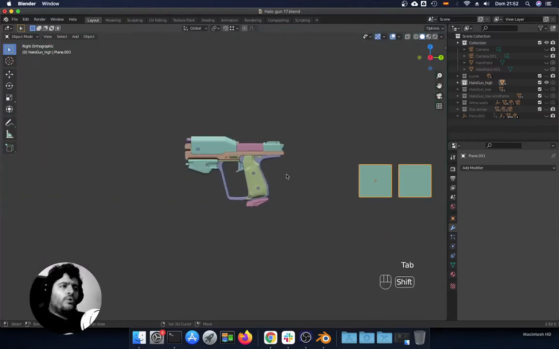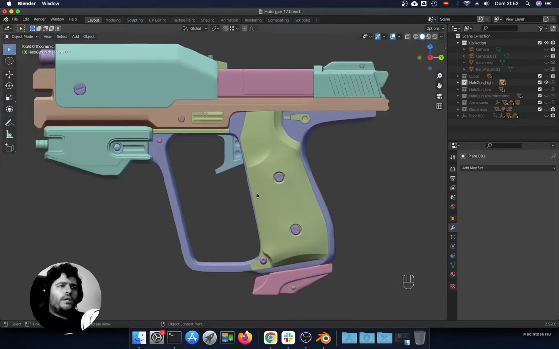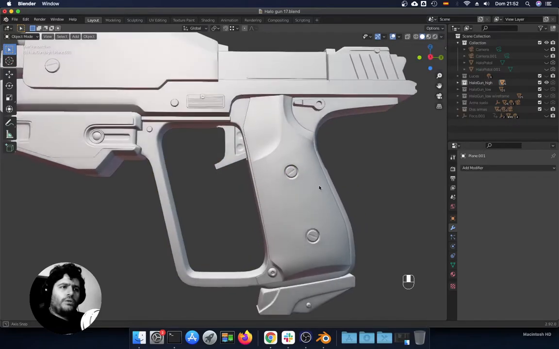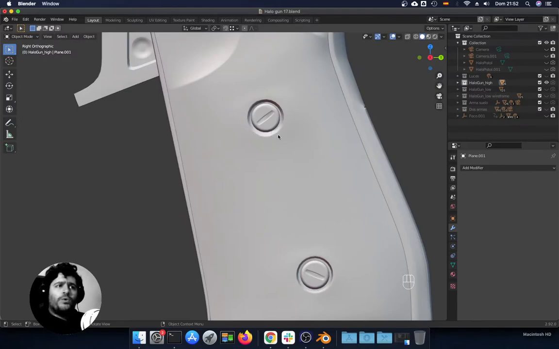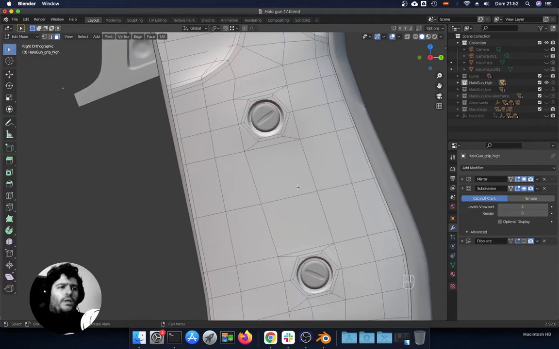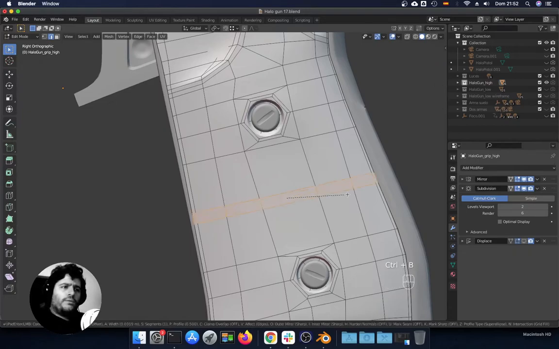So I'm going to show you now with this example, with this gun, because I have a similar situation here. Suppose you need to create another hole between these two bolts. So select the object, go to edit mode, and I'm going to select this edge loop with Alt and click, and I'm going to create a bevel so we can get more edges,